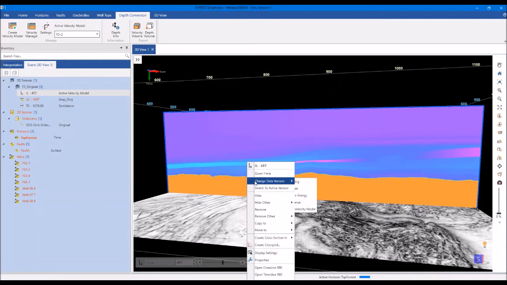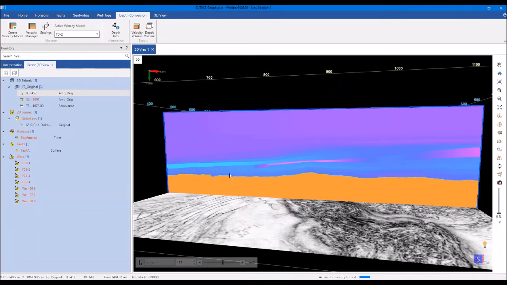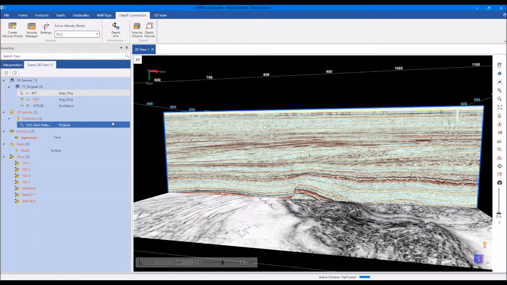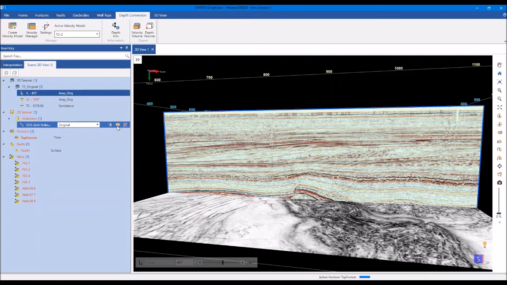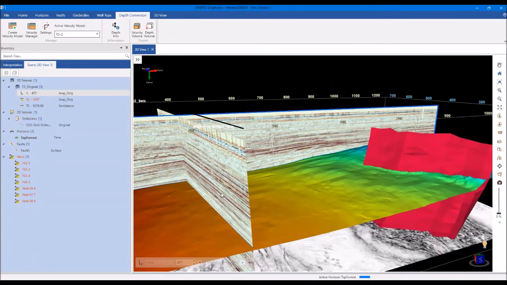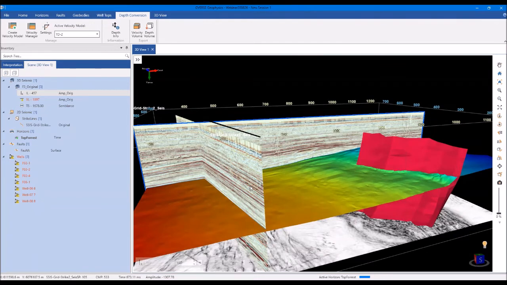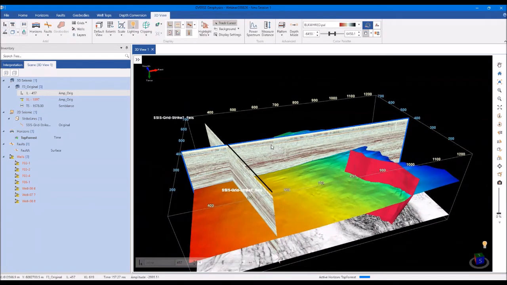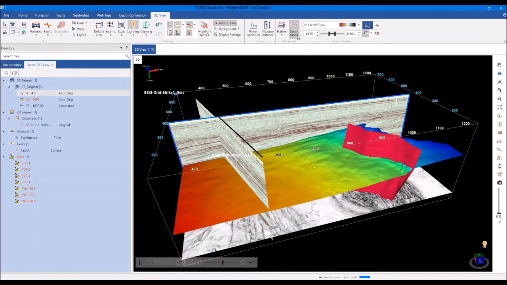Also within this application, if I switch back to my active version, I'm going to turn on my 2D seismic as well, and my fault and my horizon, because this next step is actually very useful and interesting. Once you have your velocity model set up, you can also from the 3D view switch your entire time scene to depth. So we have this mode that we call the depth mode. You click on this, and that's going to take the active velocity model,